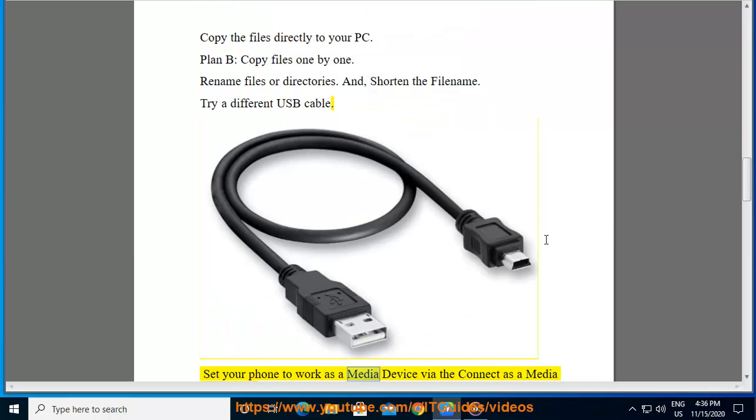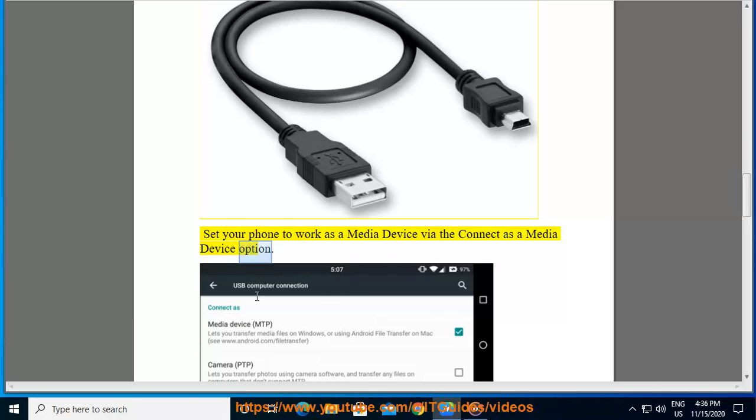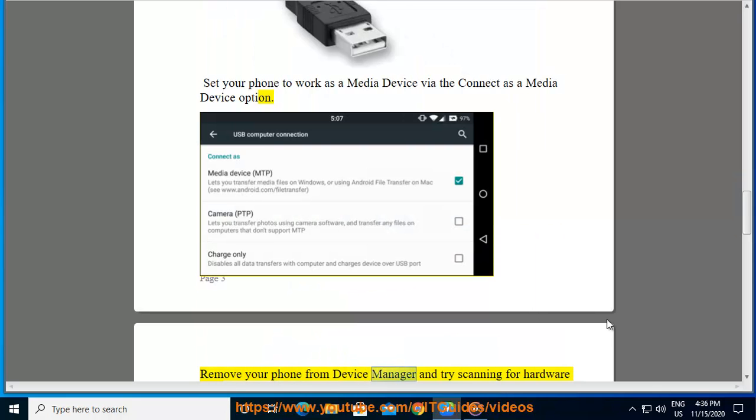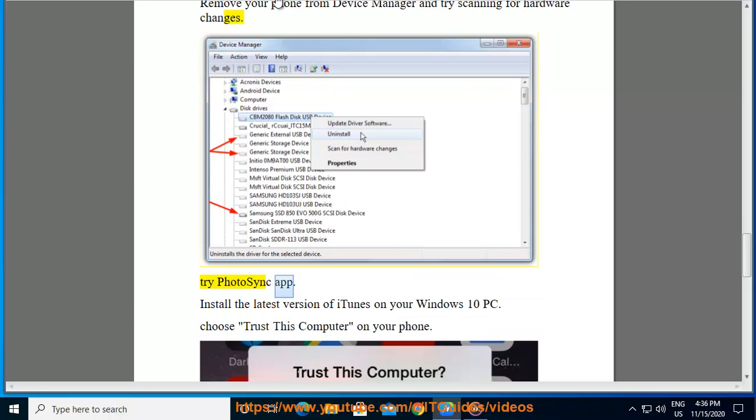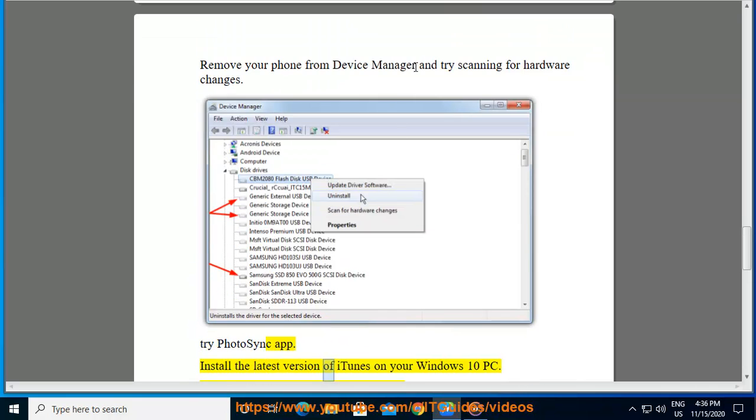Set your phone to work as a media device via the Connect as a media device option. Remove your phone from Device Manager and try scanning for hardware changes. Try Photo Sync app. Install the latest version